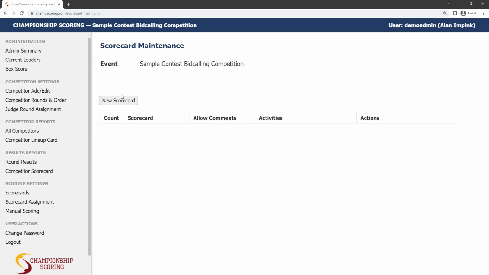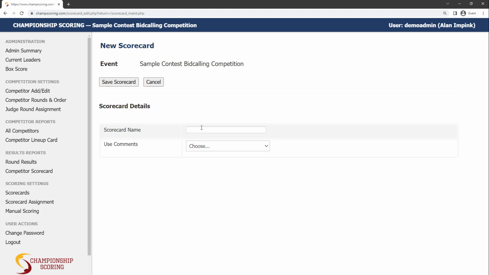So we click the Add Scorecard button, and this is also the same link as the left here under Scoring Settings under Scorecards. So let's create a new scorecard. We're going to name our scorecard Bid Calling,